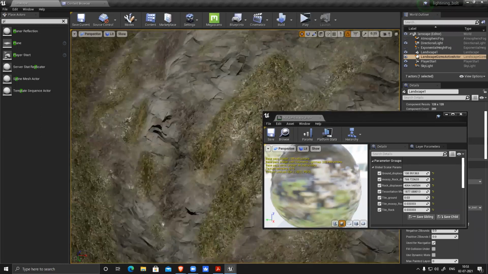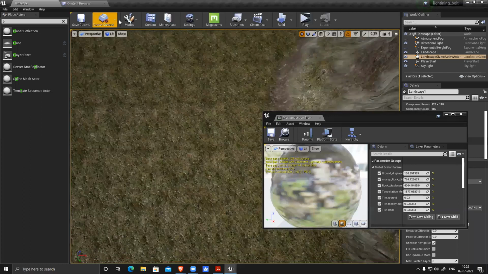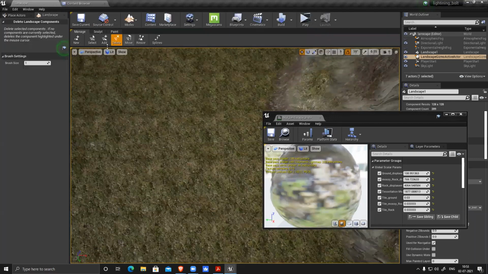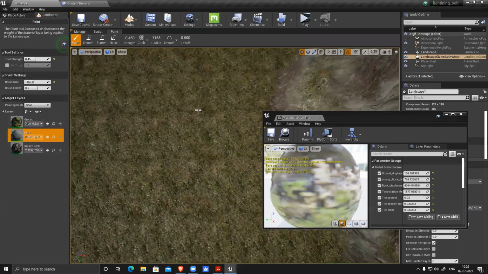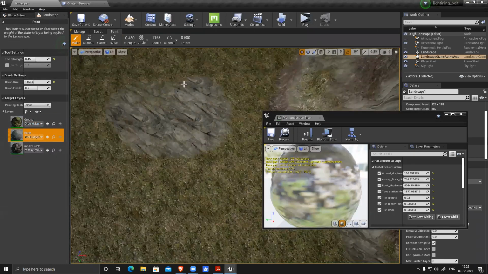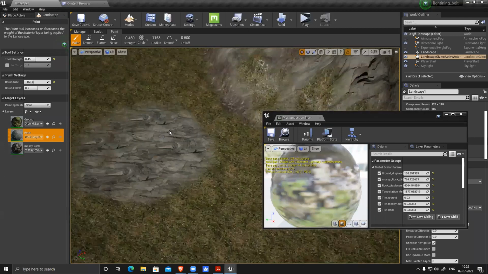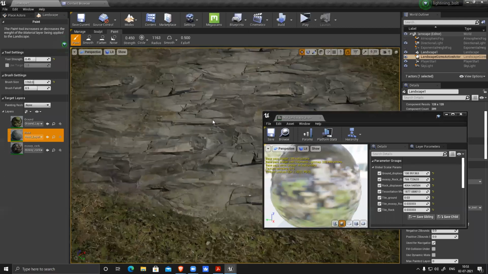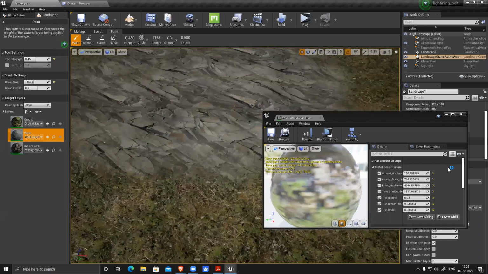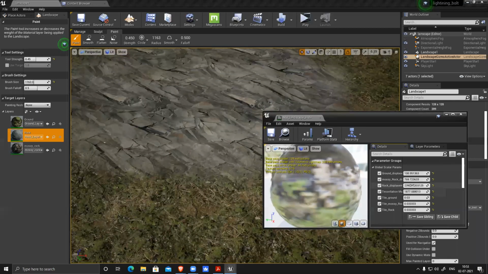And wherever you have this thing, let's see, paint more landscape. I want to paint this thing. So this is a flat surface. It will work beautifully here because there will be fewer cracks. All right.